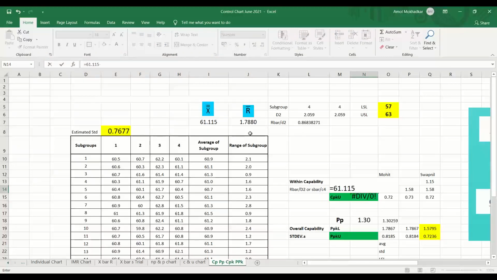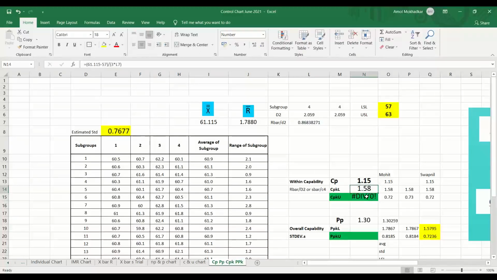So 115 minus your LSL. LSL is how much? 57. Okay. And divided by 3 into standard deviation. But the standard deviation will come from R bar by D2.